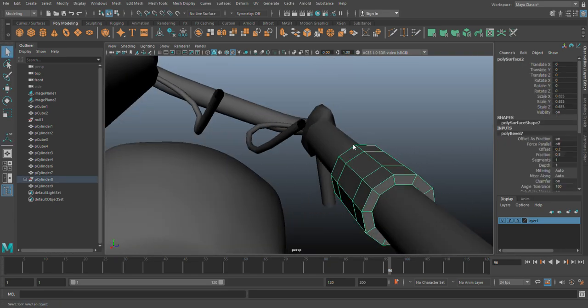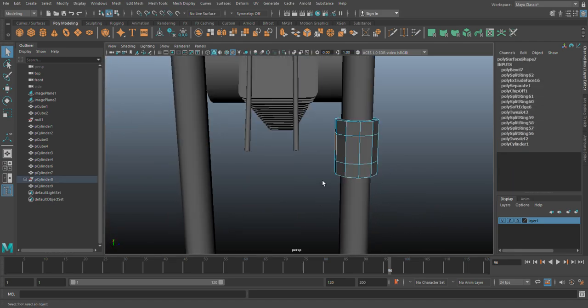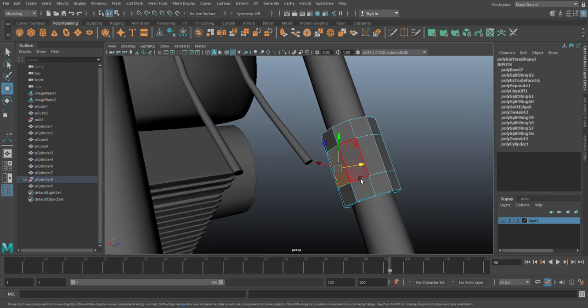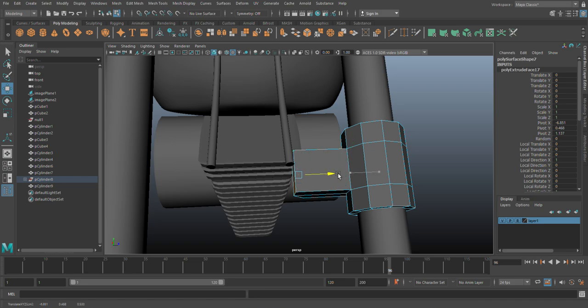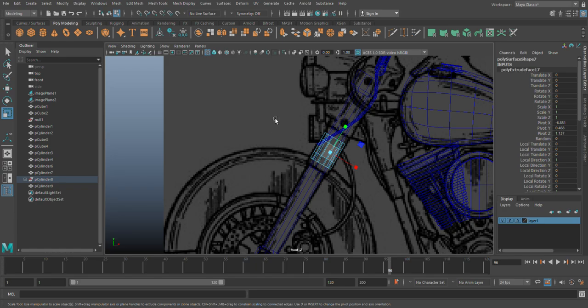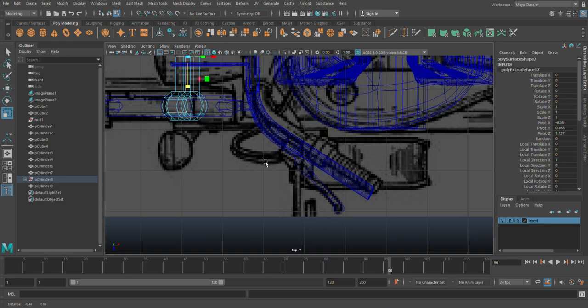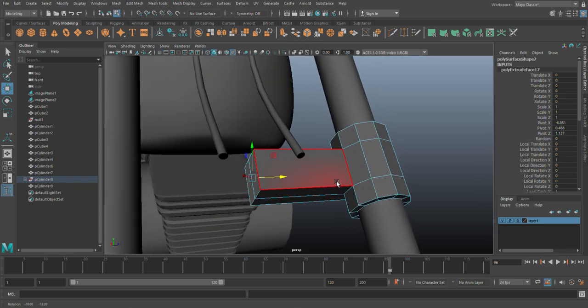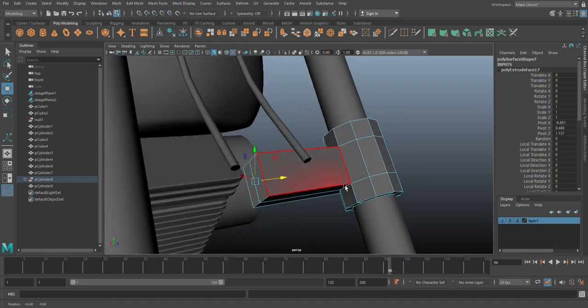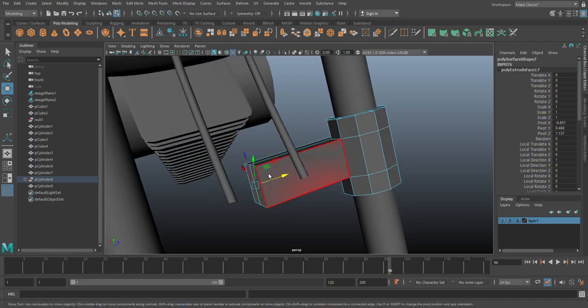At the middle point, 1 and 2, extrude, X, delete,